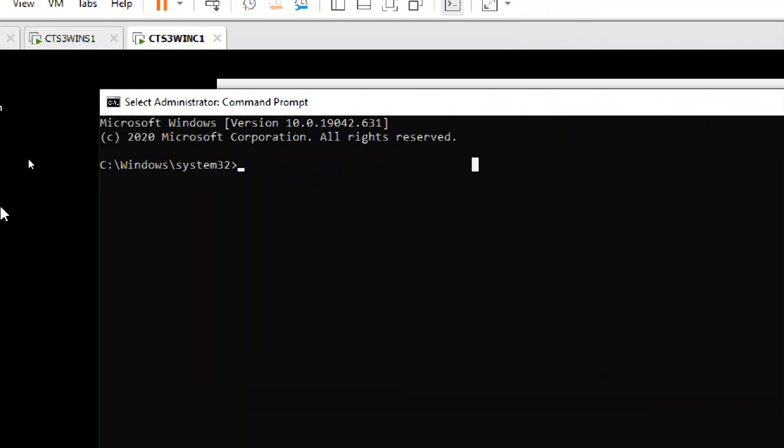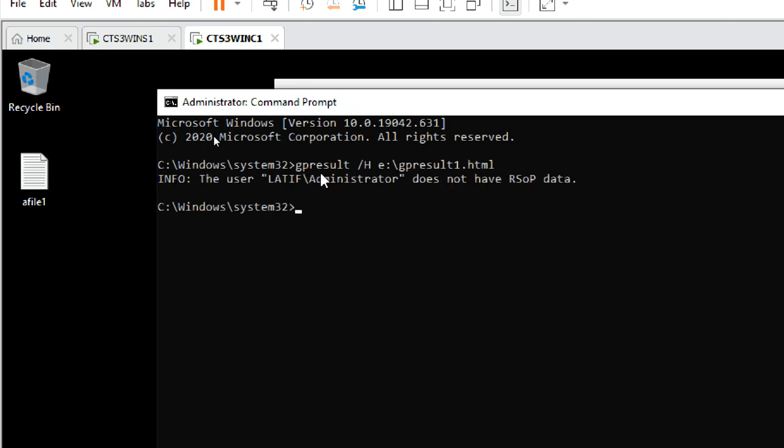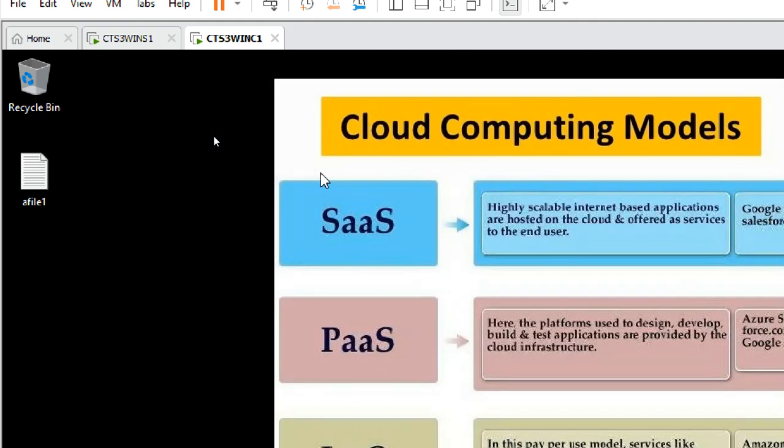Here I am putting a command called gpresult /h, or -h, anything, and give some name to it. So it is e:\gpresult1.html. Okay, exit.